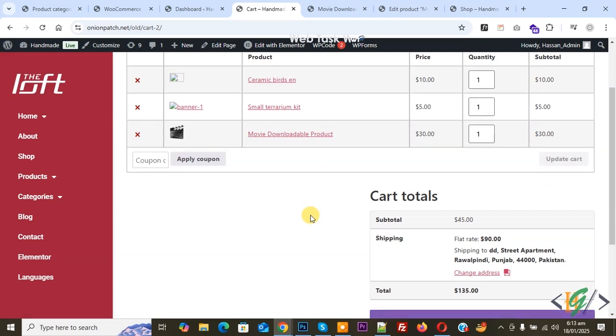Bismillahirrahmanirrahim. Assalamu alaikum. My name is Hassan, and today we are going to add an extra or additional cost when a product from a specific category is added in the cart page, and that additional cost will be added to the total shipping in WooCommerce WordPress using